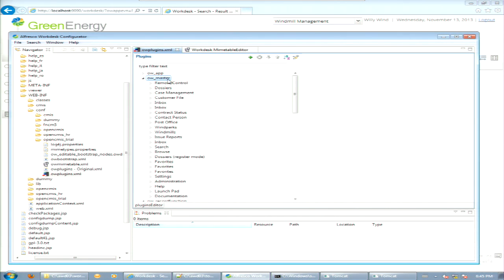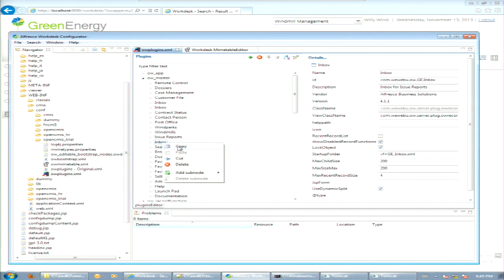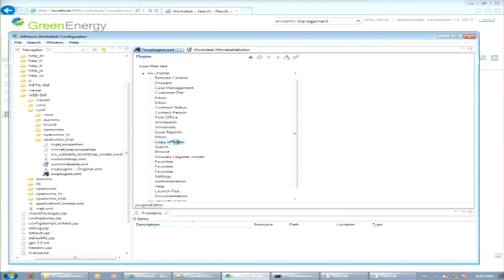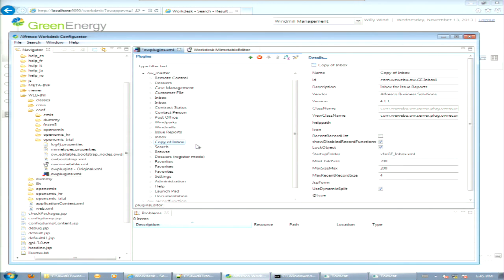use an existing master plugin like the inbox. I know that this inbox master plugin has quite similar settings to what I need in my new master plugin view. So what I'm simply doing is I take this inbox and copy a new instance of that. I just created a new instance of the same type and give it a speakable name like reporting,